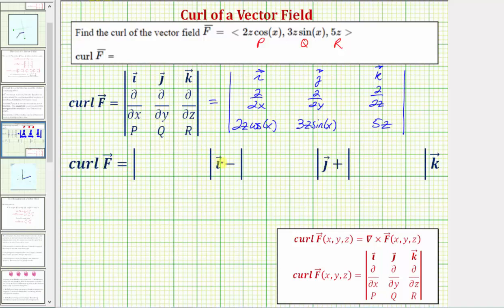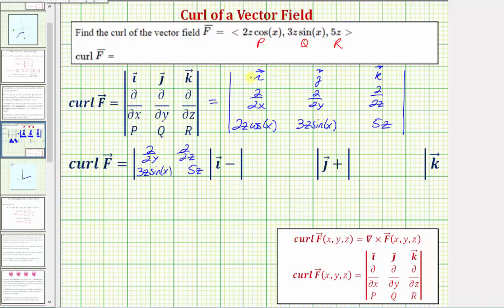And now using the expansion by minors method, to determine this first 2 by 2 determinant, we eliminate the row 1 column of the I vector, so we eliminate row 1 and column 1. These four elements make up this first 2 by 2 determinant. So we have the partial with respect to y, the partial with respect to z, and then we have 3z sine x and 5z times I